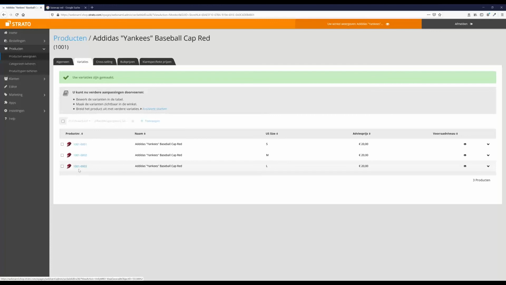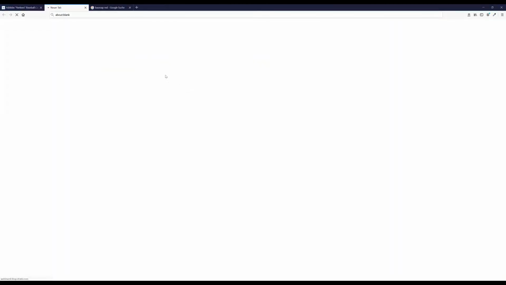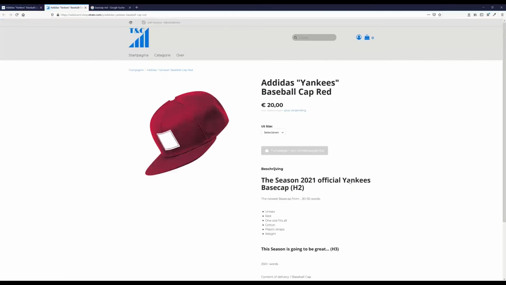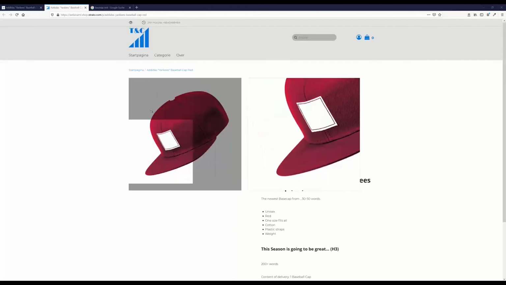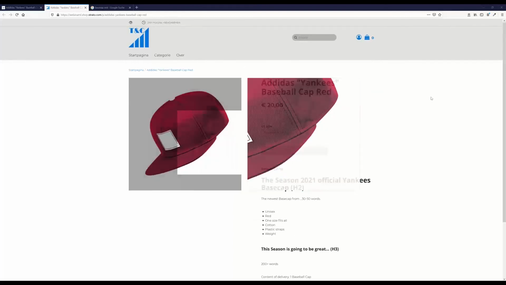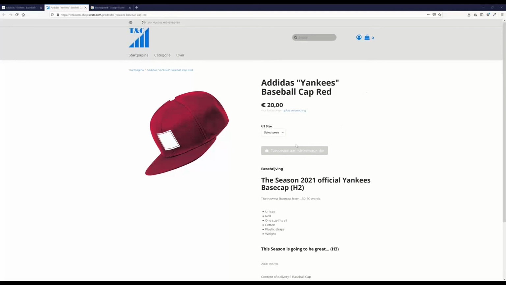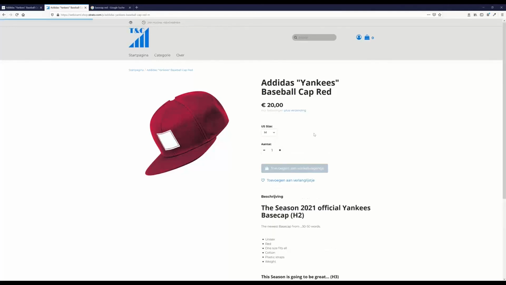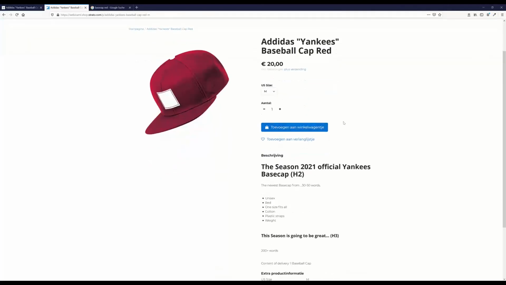But this is now how it's going to be created. And if we now have a look at our product, you can already see this looks like a really nice product detail page, right? We have this picture with the zoom function to look at all the details. We have a nice name, pricing. I can select the size. I put it into my